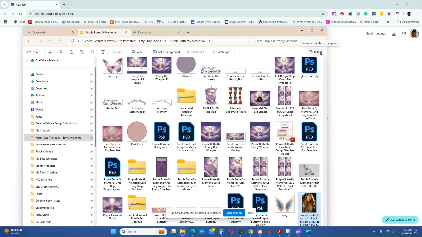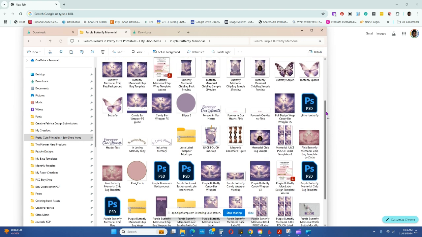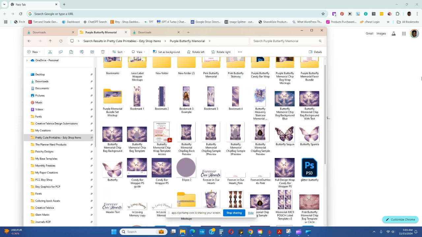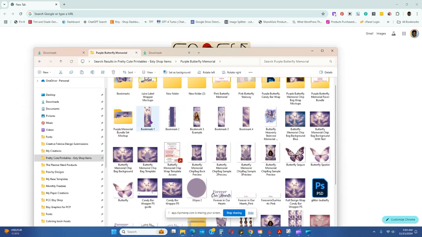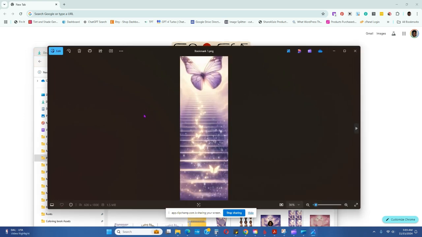Today I wanted to show you how to utilize the bookmark backgrounds that I have in the shop. I've gotten a few questions, so I wanted to give you an overview on ways that you could use them. When you get the bookmark backgrounds, these are simply image files. They're PNG files that I pre-designed for you so that you can then come in and overlay your own images